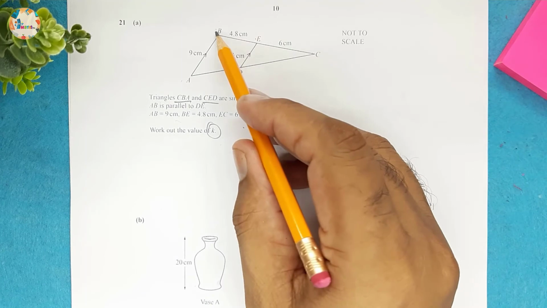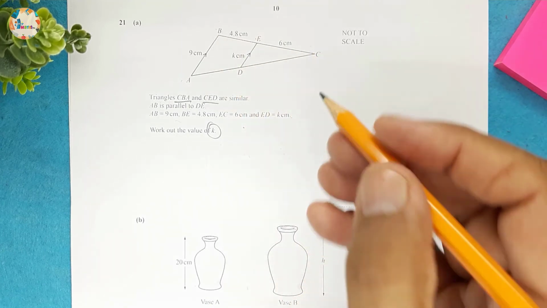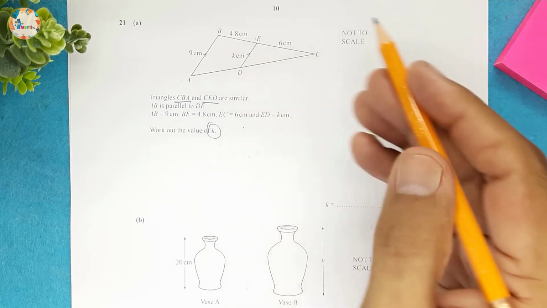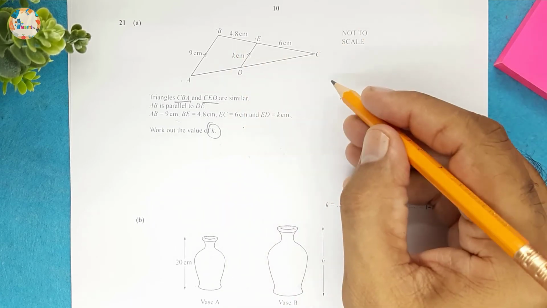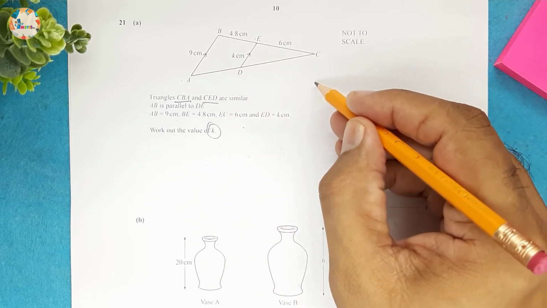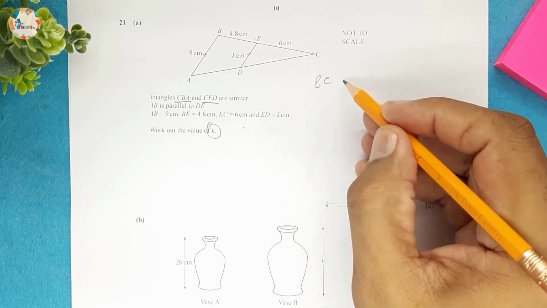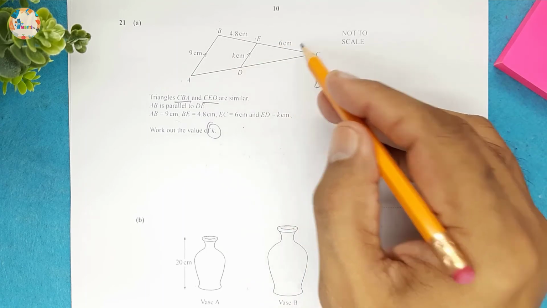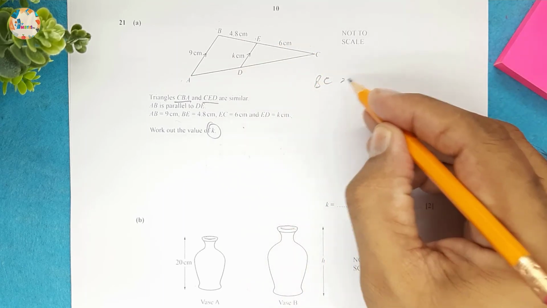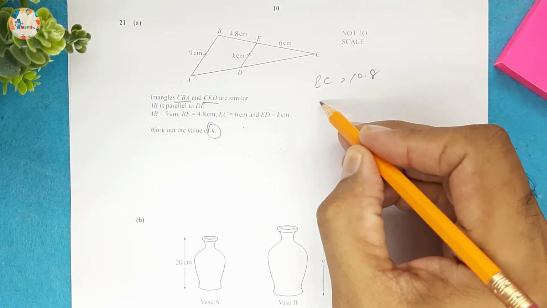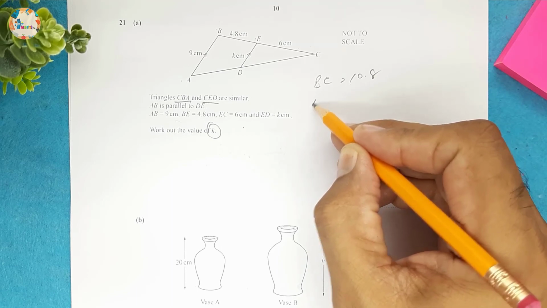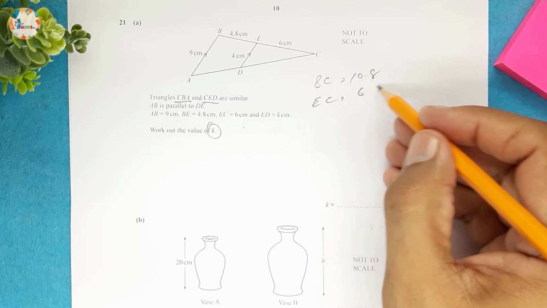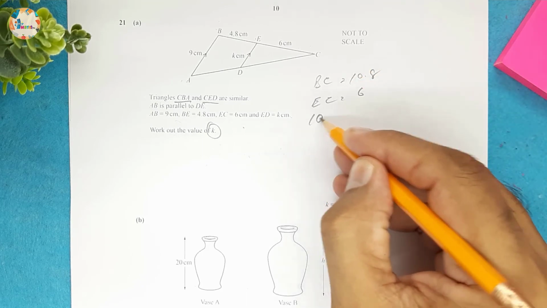Basically, we will check the ratio of this length. So ratio of smaller triangle and bigger triangle. So bigger triangle is what ratio? BC is how much? Is 4.8 plus 6 will be 10.8, and EC is equal to 6. So 10.8